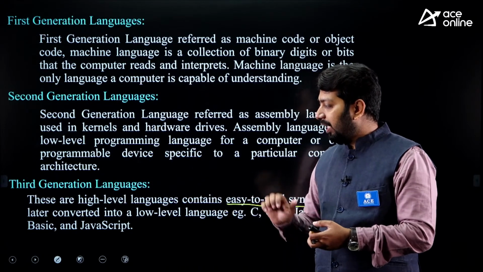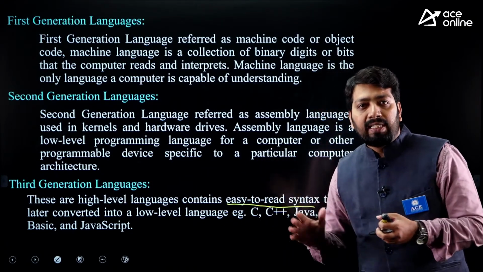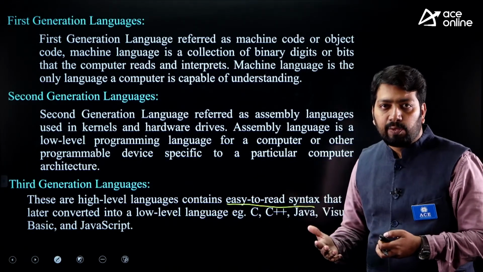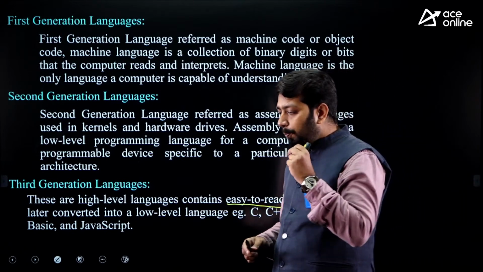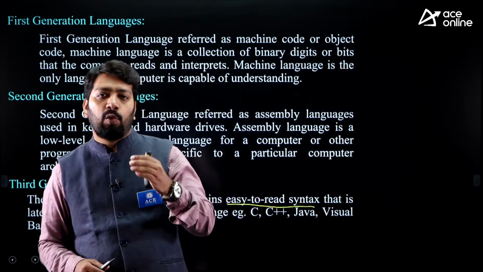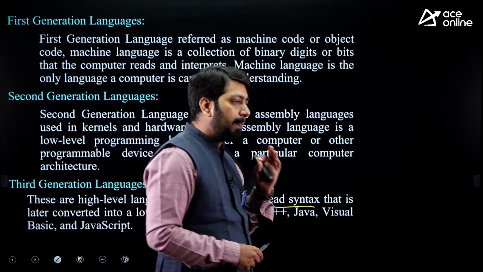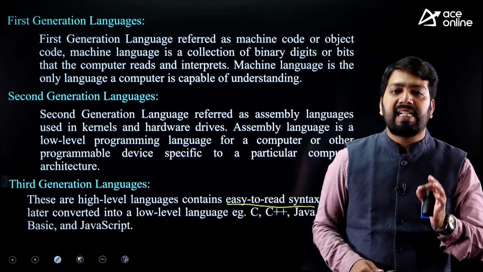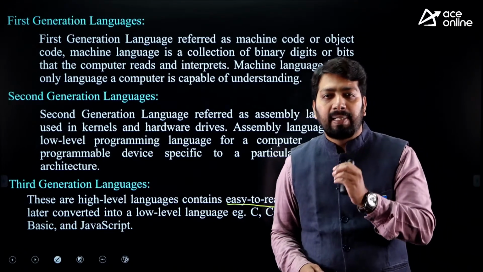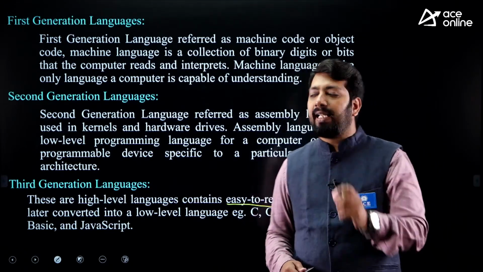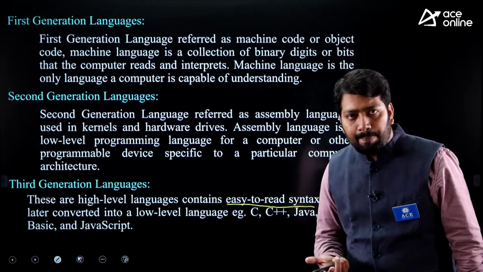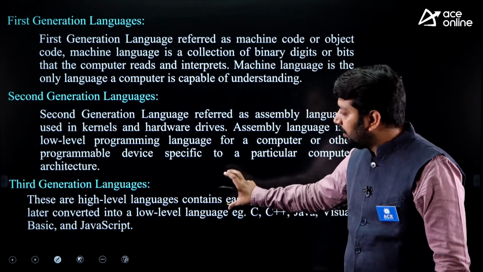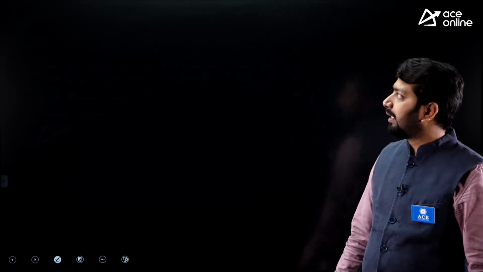Programming in a high level language, and then with the help of a compiler, we convert it into low level language and execute it. Look, your programming language can be high level, low level or middle level language, but the computer only understands machine level language. So we need a compiler. In C, we use a compiler, yes or no? So our C language, Fortran comes into the third generation language.